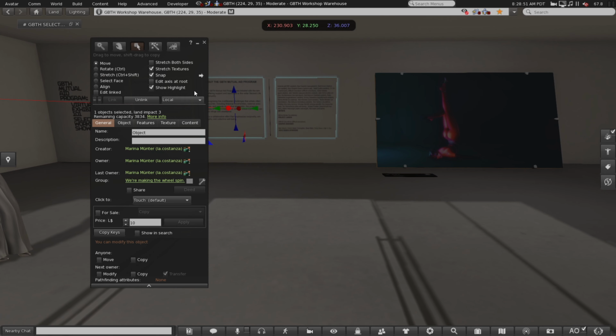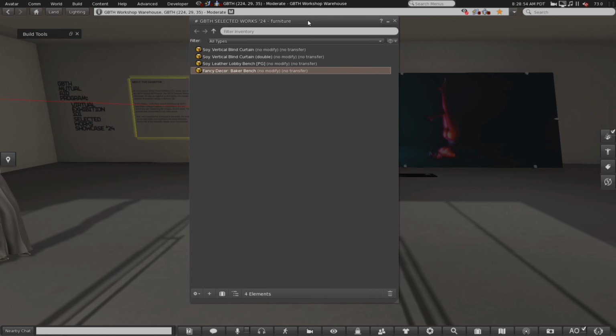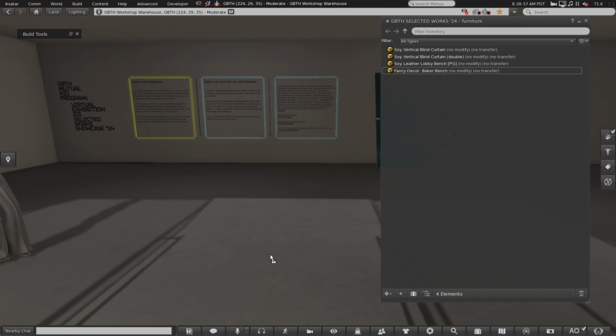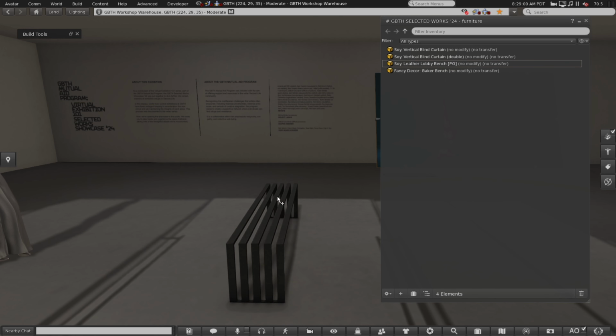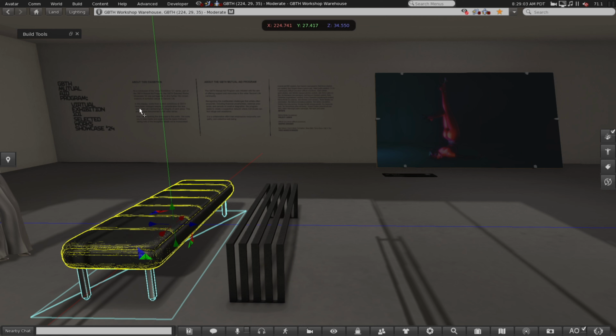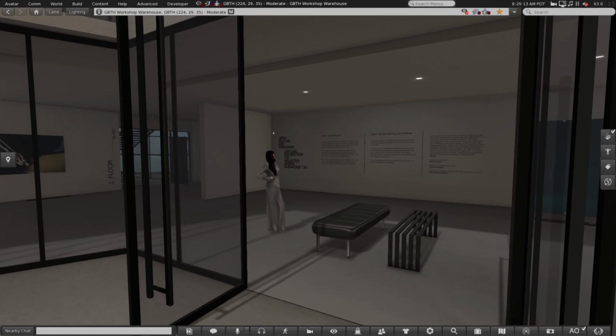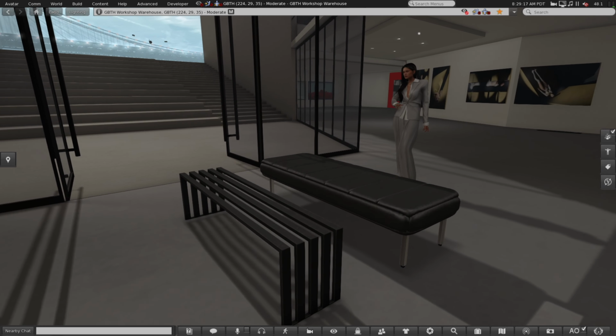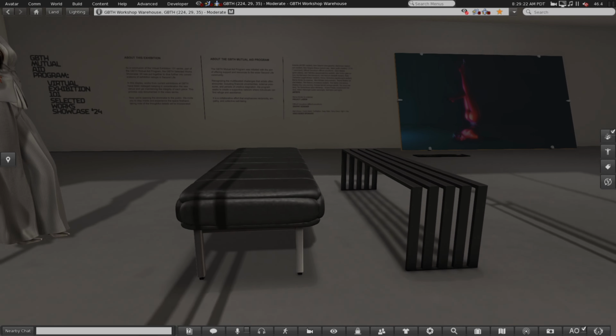One might argue that benches are quite dismissible in a virtual exhibit, but that's not totally the case. Here, we can use them for 2 main reasons: mobility, in which visitors can opt to come around and sit, and to reinforce the idea that the visitor is welcome to stay as long as they want. The ones I picked for this exhibit are Soy's Lobby Leather Bench for the interior and Fancy Decor's Baker Bench